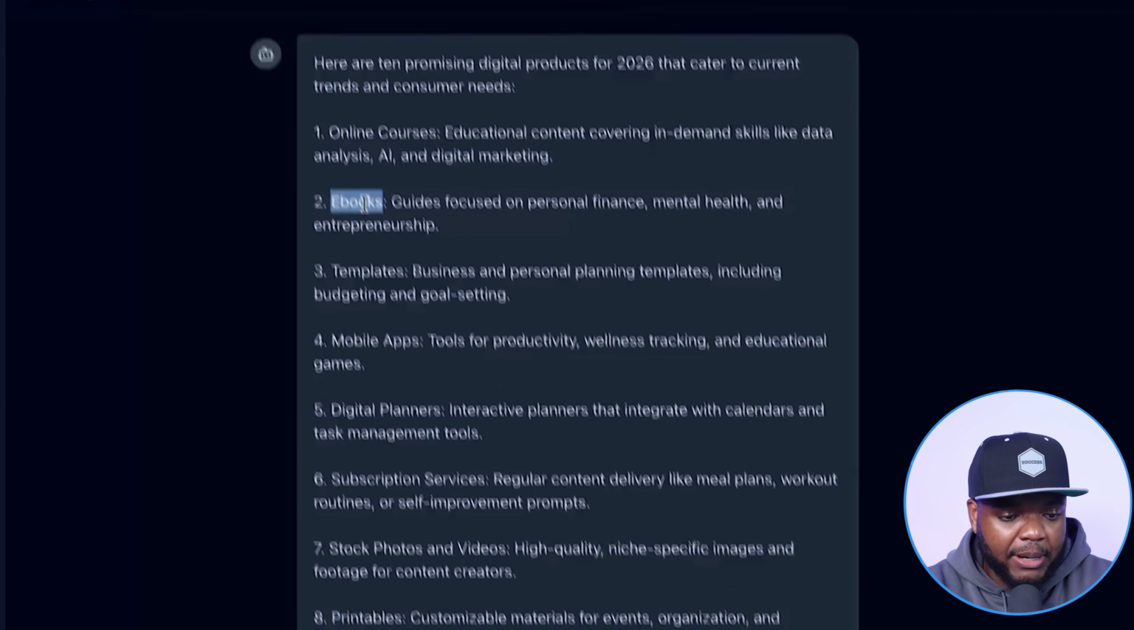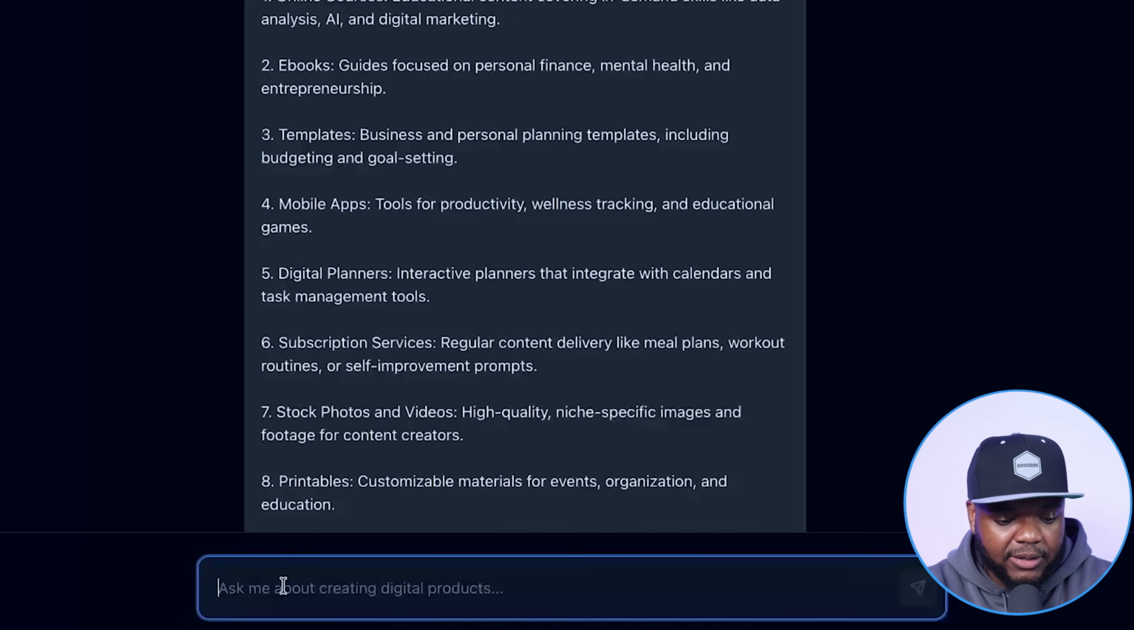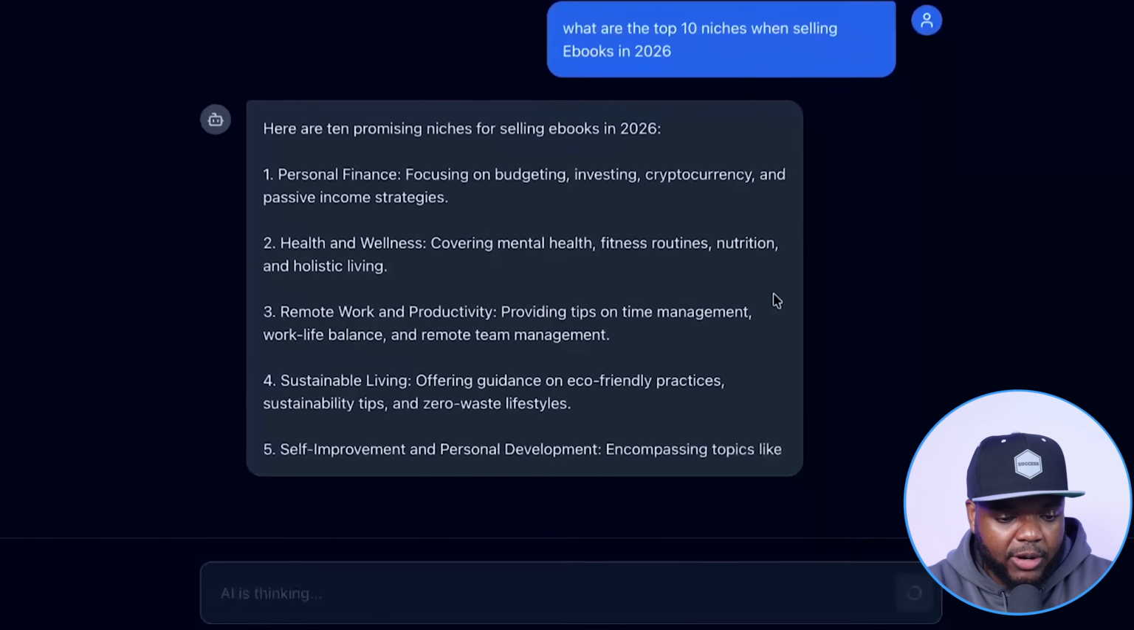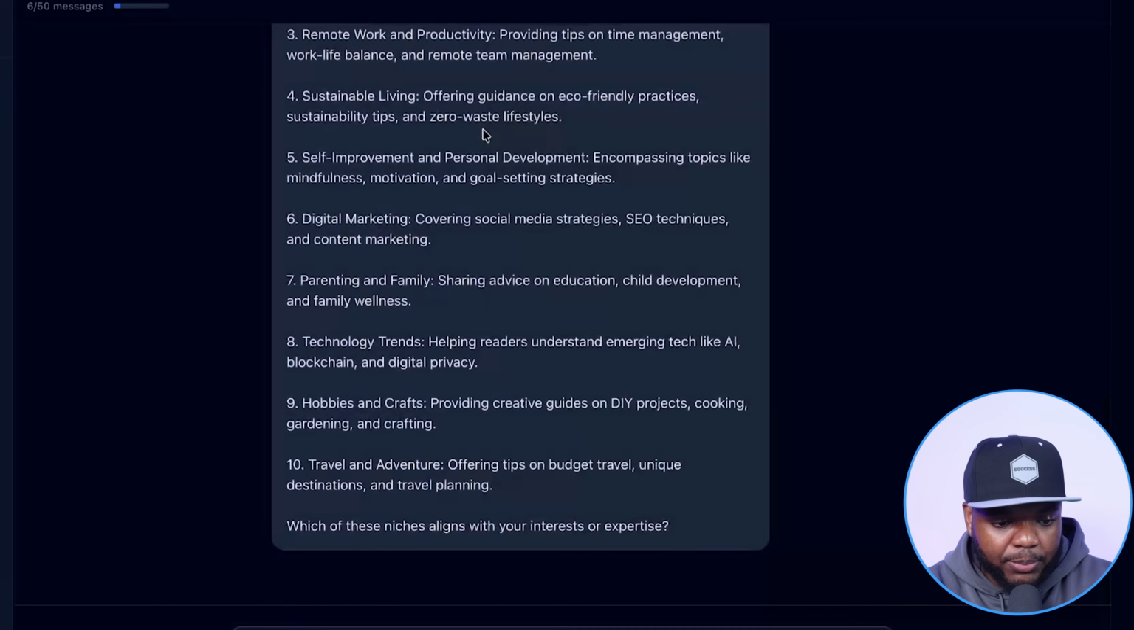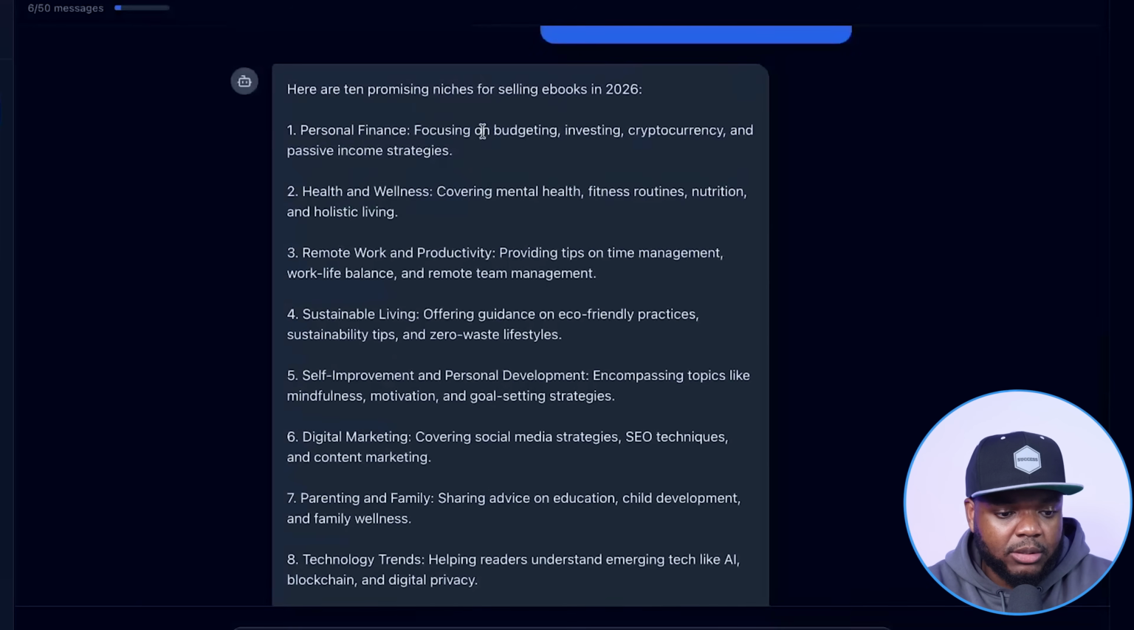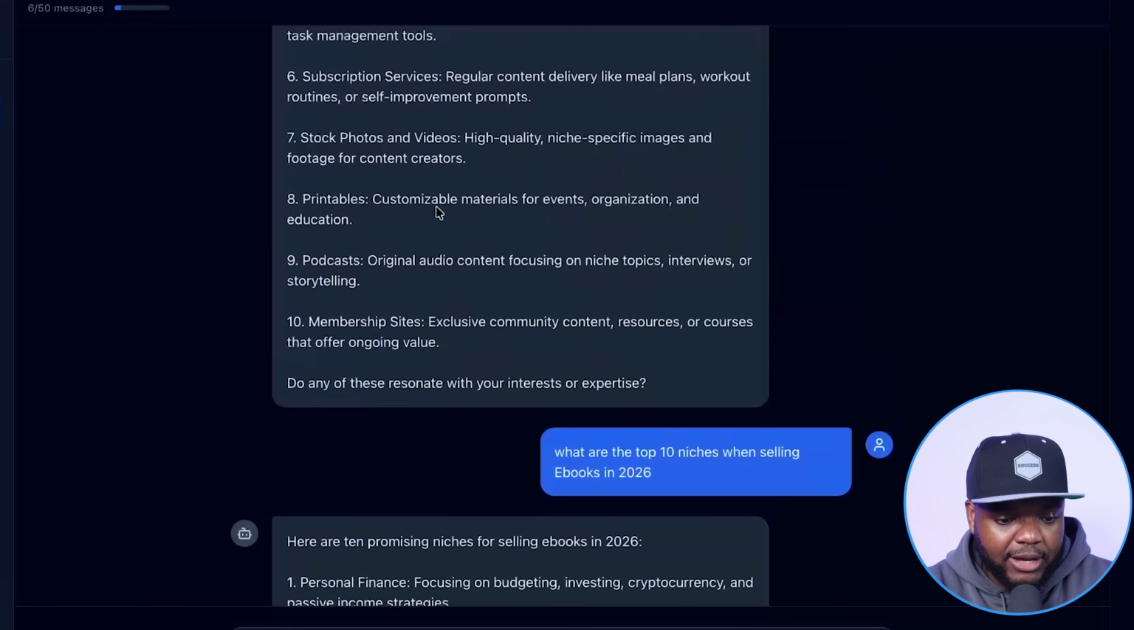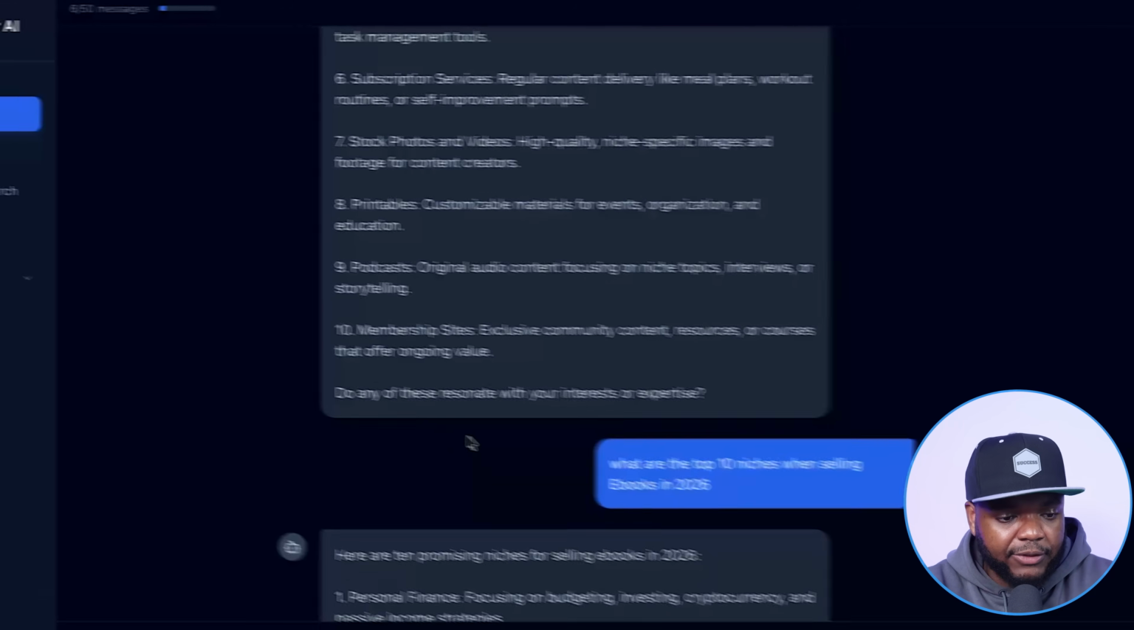And let's say if I was thinking about selling ebooks, I could now type in something like this. What are the top 10 niches when selling ebooks in 2026? And then straight away, it's going to come back with a list of popular niches that you can now pick from. So again, this works like a regular AI tool. You can use this when it comes to doing research. I've got another video coming out real soon about this feature, but the main feature that we're going to be using today